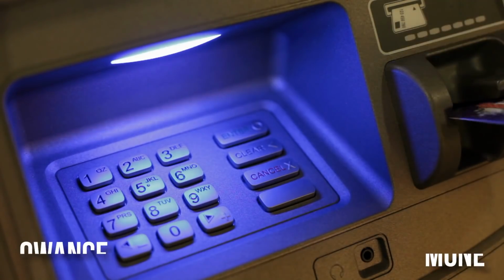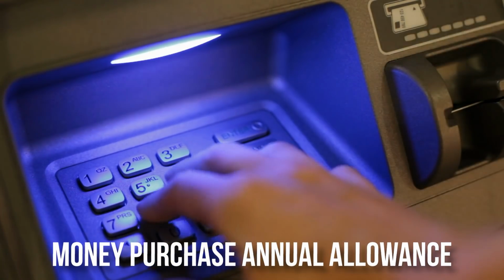You also have to remember that taking flexible withdrawals will trigger the money purchase annual allowance, so it will limit what the non-earning spouse will be able to pay into pensions annually. But that's usually a non-issue because they're not earning anyway, so they're already limited. The second of my hacks